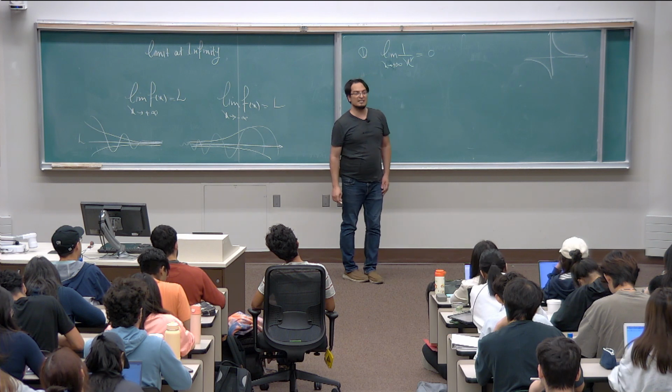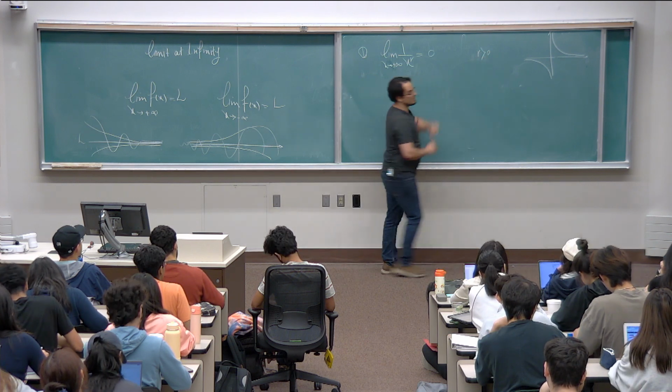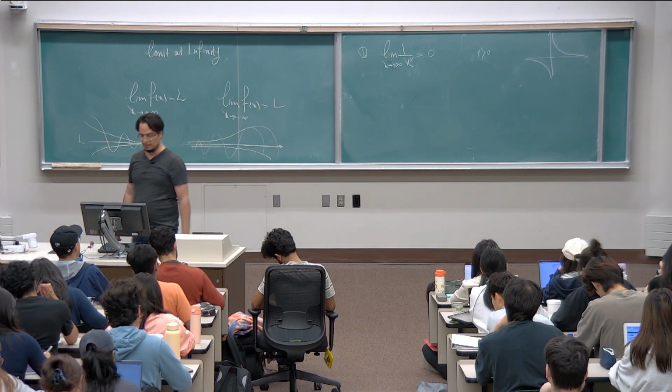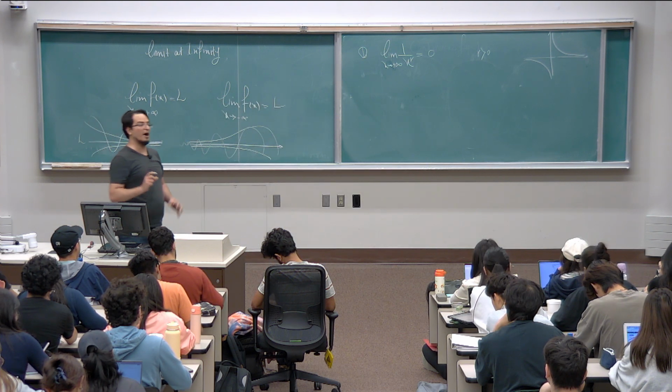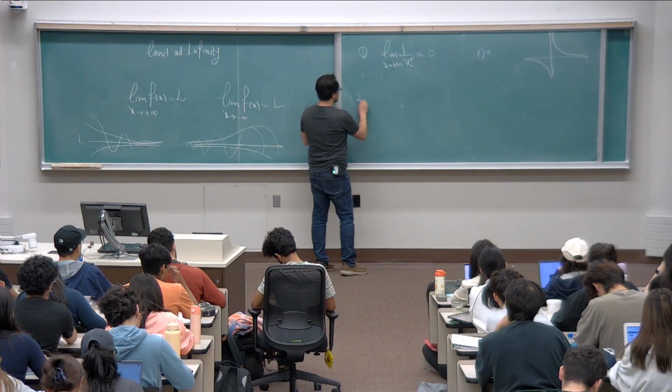What more is this? If this is x to the power r, where r is a positive number, that is still true. As x goes to plus infinity or minus infinity, 1 over x to the power some number is going to go to 0. The second thing is